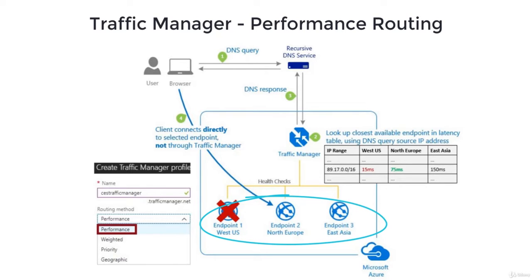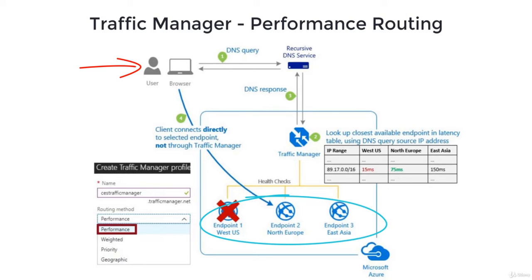the best responsiveness. Now, if you have a user in Denmark or probably somewhere in Europe, then we would like that traffic to be served to the end user from an endpoint that is residing in the West Europe data center. And this will make sure that they experience the lowest latency and high responsiveness. The performance routing method is designed to improve the responsiveness by routing the traffic to the location that is closest